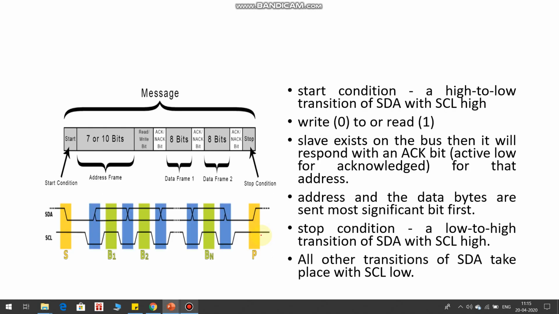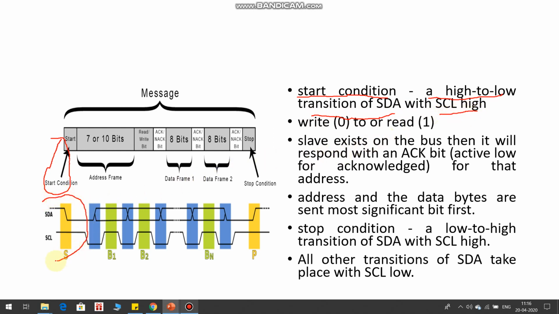Let us discuss the message format of I2C. When the devices are initiating the communication, a standard message format is used between them, which is given in the diagram. The first element in the message format is the start condition. Start condition is used to indicate to other devices that there is a start of communication from a transmitting device. This start condition is implemented by inserting a high to low transition in the SDA line and keeping SCL high. So that is done here.